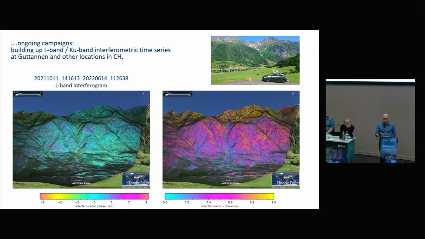And you can see that in this area, you see a picture on the right-hand side, there's quite a bit of vegetation. And then in the upper part, there's mostly rocky area, but you still see, of course, a bit of snow as well, where you have decorrelation areas, and also areas with debris that is decorrelating much faster. But you can nicely see the different characteristics of the coherence with this L-band system over the different land cover, and still giving you quite a bit of coherence also in some of the vegetated area over such a long time period.